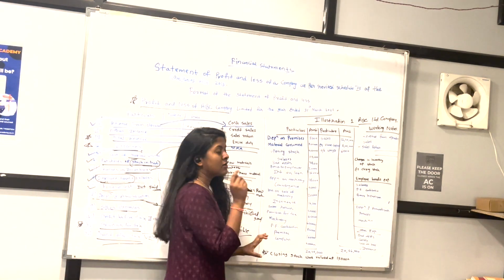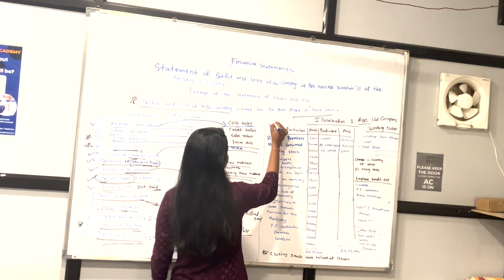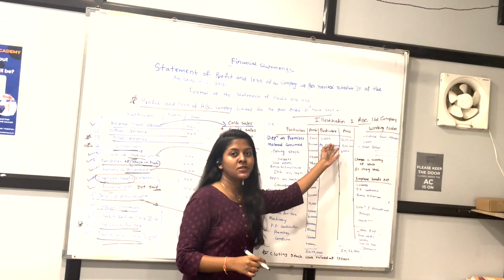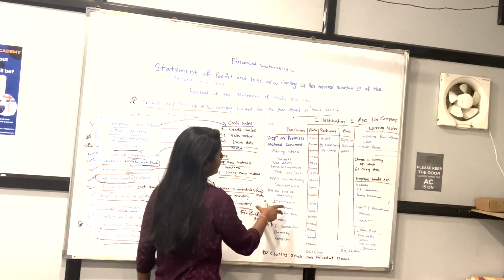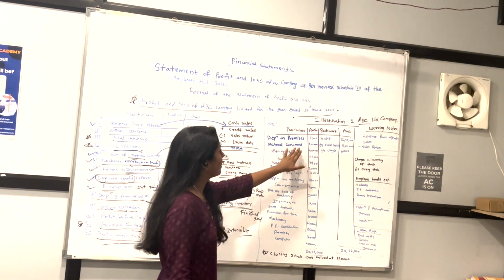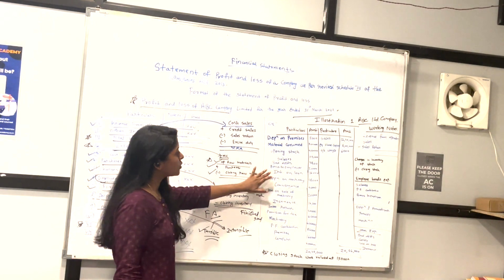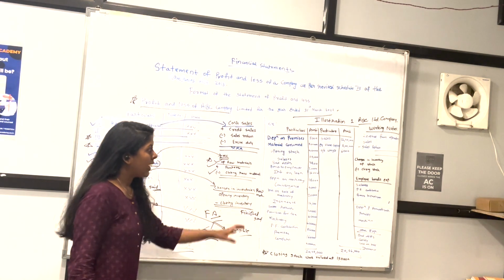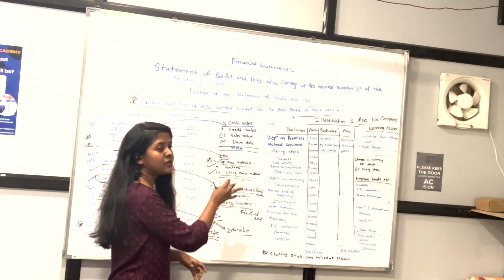Now first, this side is your debit side and this is your credit side. On the credit side, sales, how much is the total sales? 2,40,000. On the debit side, what they have given: depreciation on premises, material consumed, opening stock, salaries, bad debts, bonus to employees, interest on loan, depreciation on machinery, convenience, loss on sale of machinery. So everything you have to read properly and then mark all the items.